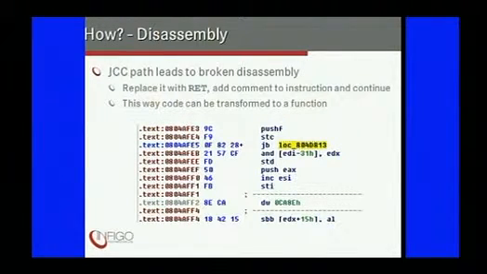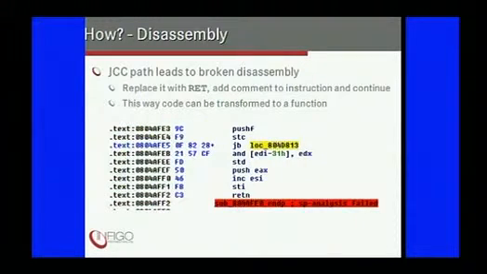So we replace the fake instructions with a return, and we add a comment to the code when we rewrite it, so we know what was changed from the original disassembly, and you can then analyze it like you usually do. This is the code after you replace the instruction with a return at the mentioned address, and now you can notice that this code is associated with the function.